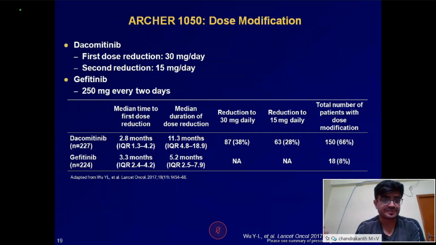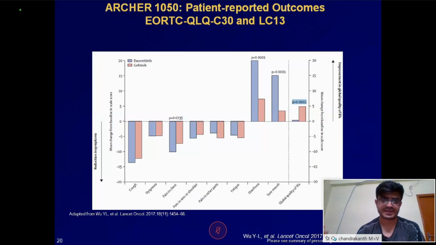So if you look into the median time to first dose reduction is 2.8 months versus 3.3 months in Geftinib, and duration of dose reduction is 11.3, and the reduction to 30 milligram is nearly 38%, reduction to 15 milligram is 28%, and nearly total number of patients with some dose modification was nearly 66% in the Dacomitinib arm. So this just reflects the amount of toxicity the patients experience when they are exposed to Dacomitinib. Nearly 66% patients having some sort of diarrhea and